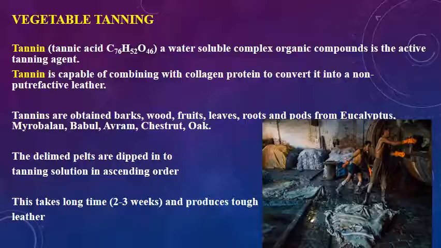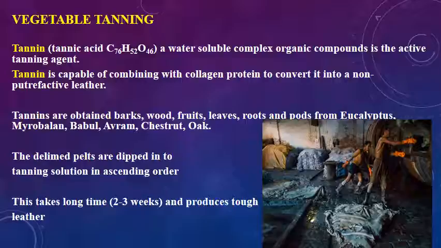Tannin is capable of combining with collagen protein to convert it into a non-putrefactive leather. So this tannin from the plants makes innumerable bonds with the collagen protein and then it gets converted to a special quality that is called leather. Tannins are obtained from barks, wood, fruits, leaves, roots and pods from different plants like eucalyptus, myrobalan, babul, avram, chestnut, oak. So different parts of the plants are rich in tannin which is extracted and then that extract is used